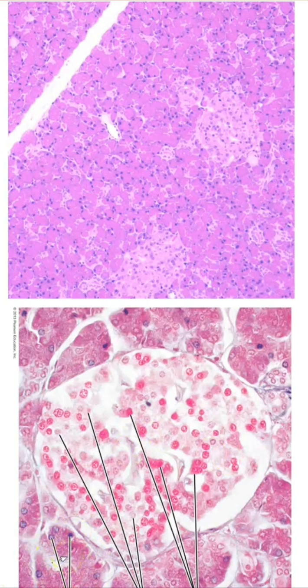But for right now, for the endocrine system, just be able to tell me that this is the pancreas, and if I'm pointing to a pancreatic islet, you should be able to tell me that that's a pancreatic islet. Now, as